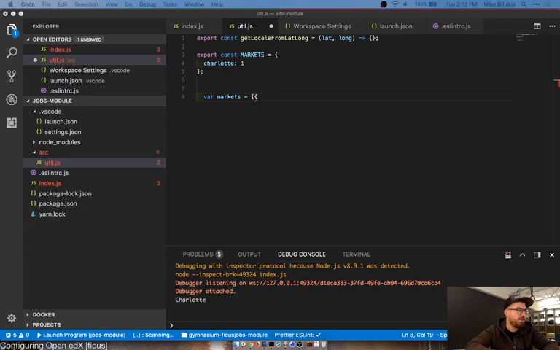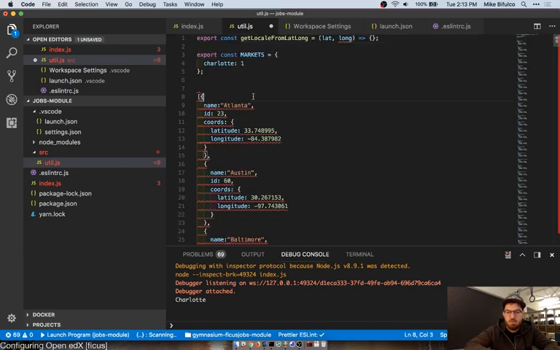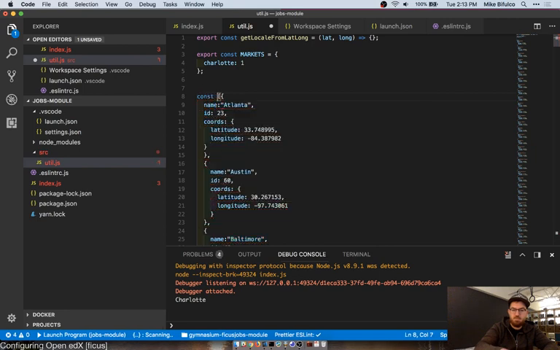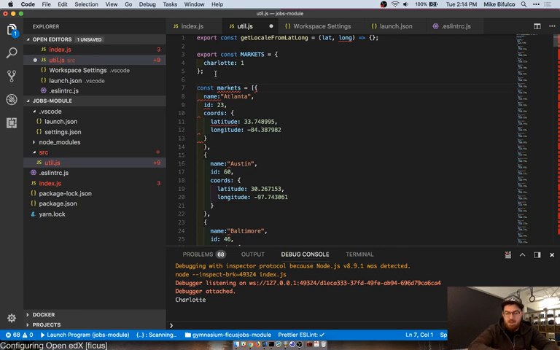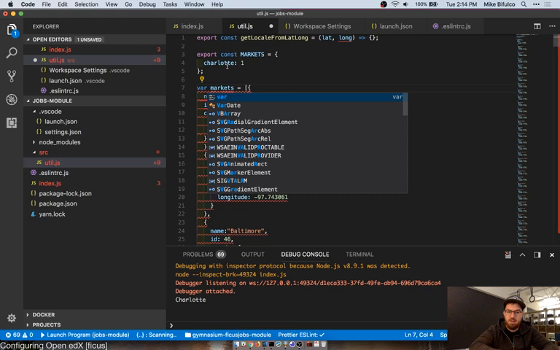Okay. Perfect. This is my list of markets from Gymnasium as it looked in there, although on Gymnasium currently I think it says var. That's fine.